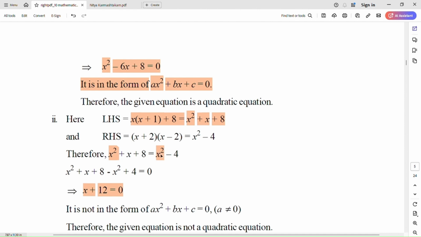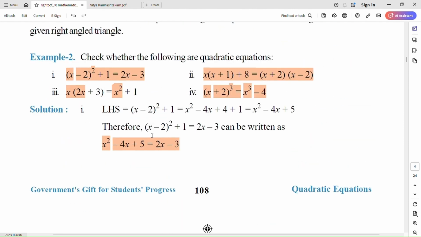So this is the one we are trying to do. Both sides we have x square term, as I said, gets cancelled. So you are left with x plus 12 equal to 0. This is not in the form of quadratic equation. Okay. Next, third,